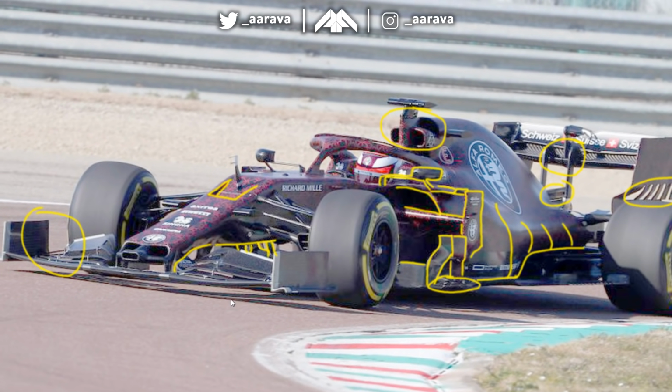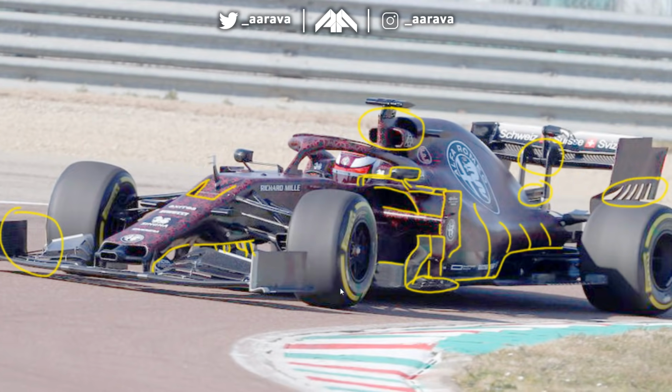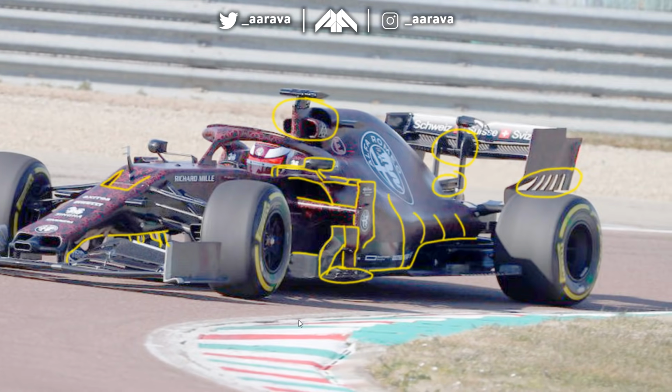And finally, we're going to look at another side view here just to get another good look at a few little bits and bobs. Once again, a nice side angle of that very interesting front wing. You've got the massive S-duct there on the front of the nose cone of the Alfa Romeo team. And then you can see the turning vanes slightly here connecting on from the front face, kind of blending in from the front face in a way. So no snowplow going on for the Alfa Romeo team, but turning vanes obviously underneath the suspension arms that are a bit more molded into the nose cone rather than just being